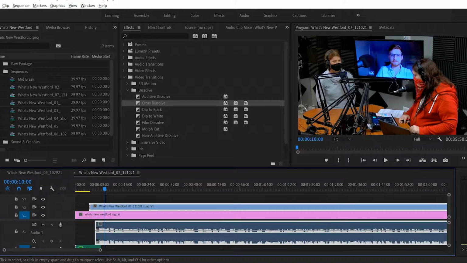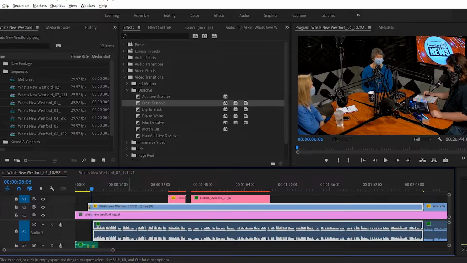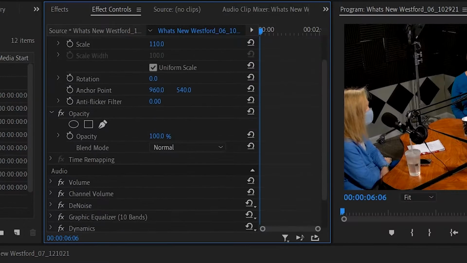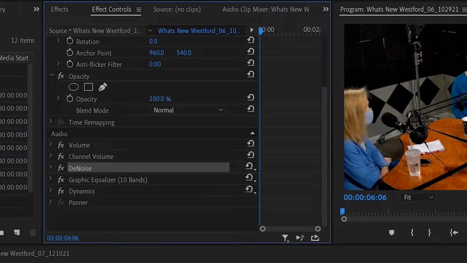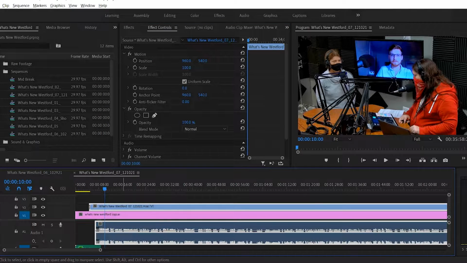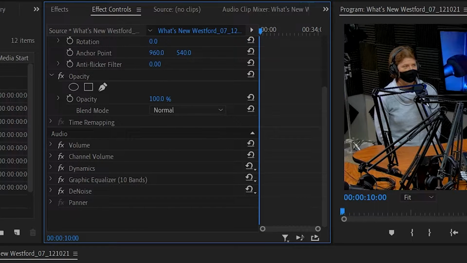But the very first thing that we want to do is clean up this studio audio. And to do that, we're going to just go grab from the last project, go grab the Denoise Filter, the graphic equalizer, and the dynamics processor. Select all three of those, copy, pop back over, and paste it into place. There we go. And we want to have specifically the denoiser first in the stack, the equalizer second, and the